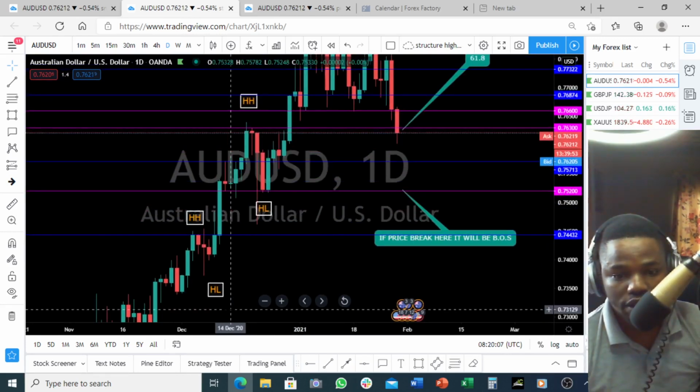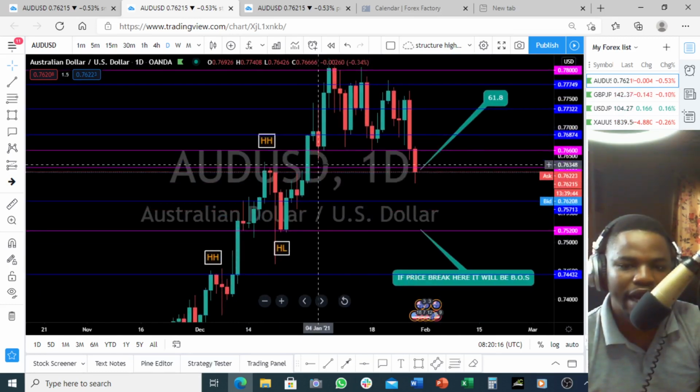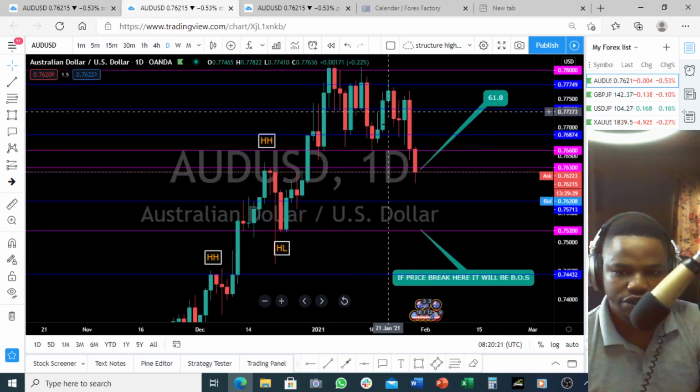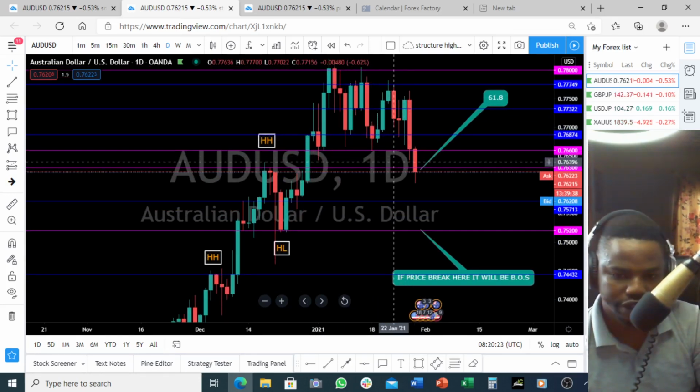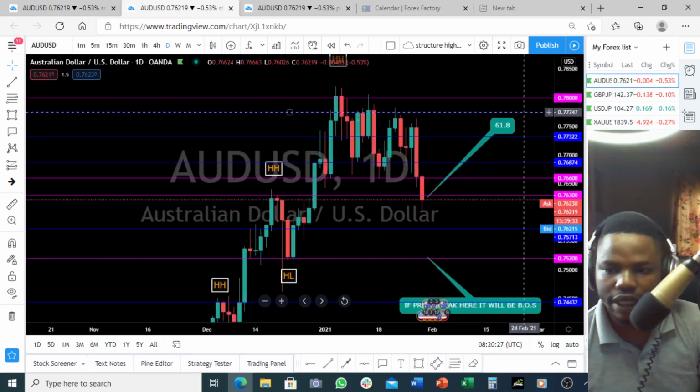Another rule says what? You don't sell in the buyer's market and you don't buy in the seller's market. This is a buyer's market. We only buy at this area unless we have that type of structure that tells us whenever the structure is broken, we can buy a counter trend. Okay? So what we have here,